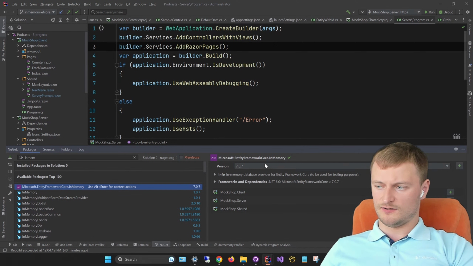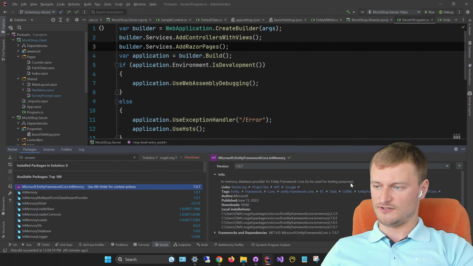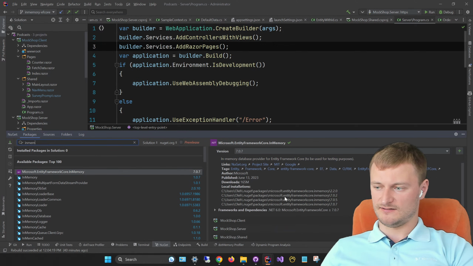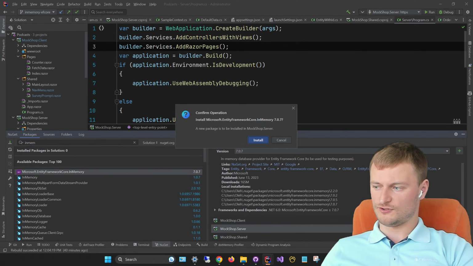So this package, as it is mentioned here in the description, is the in-memory database provider, and in the brackets we see that it's usually used for testing purposes. Yeah, that's exactly what we need here. So let's add this one to the server project,